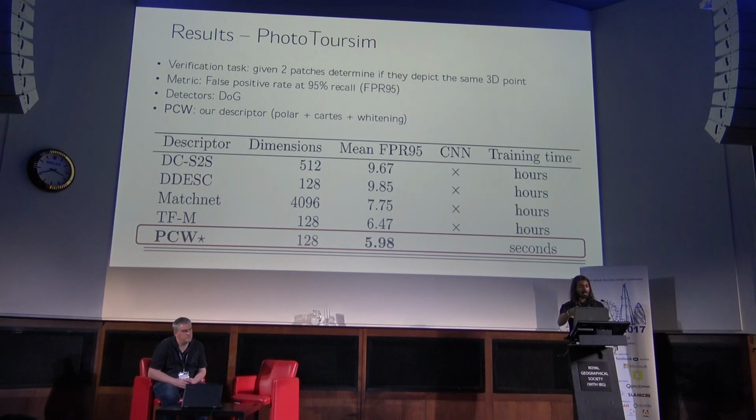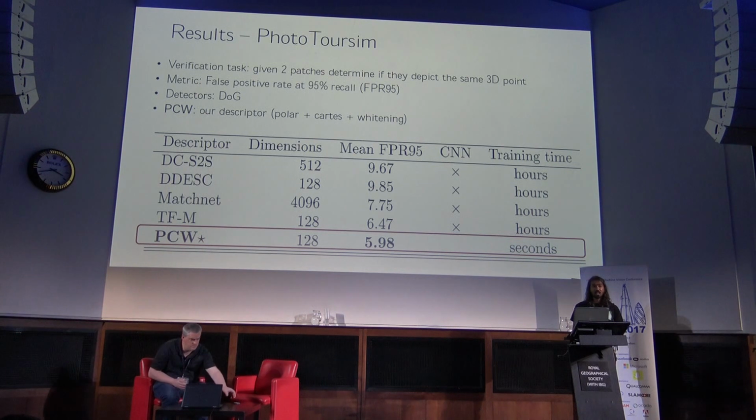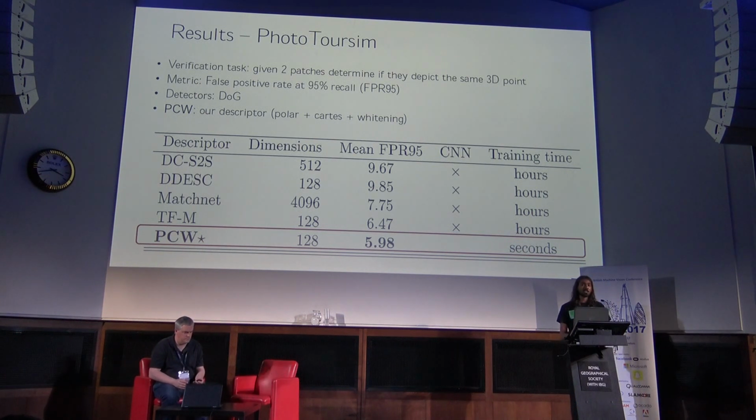And these other descriptors that I've shown above are all convolutional neural network based descriptors. So basically, they take a lot of time to train, and they take a lot of training data. The training data is in the amount of millions of pairs of supervision, whereas for our method, it's in thousands. It should be comparable to the dimension of the descriptor, essentially.